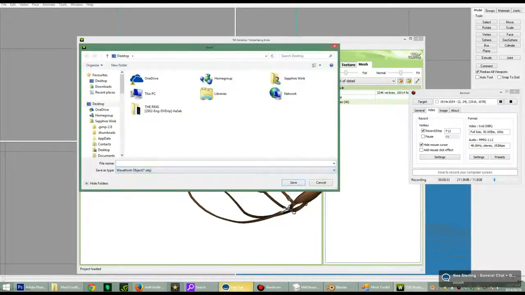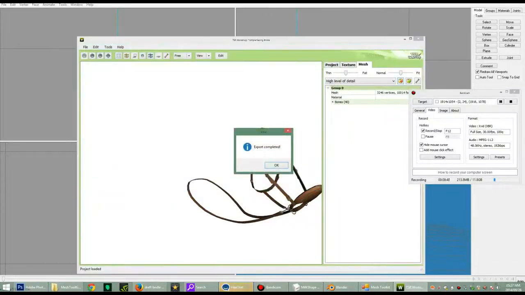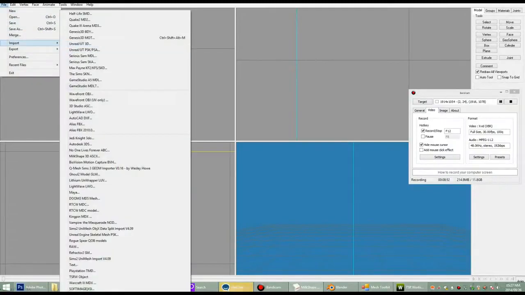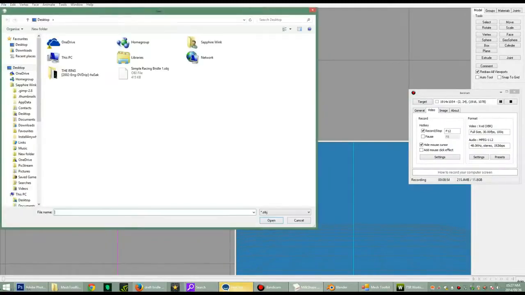and do it as a wavefront object, and we're going to save it as Simple Racing Bridle, and then we're going to put 1. Well, you can call it whatever. I'm going to put 1. Alright, now we're going to save that. That's done. Now we're going to need to import this mesh, but before we import this mesh, we need a